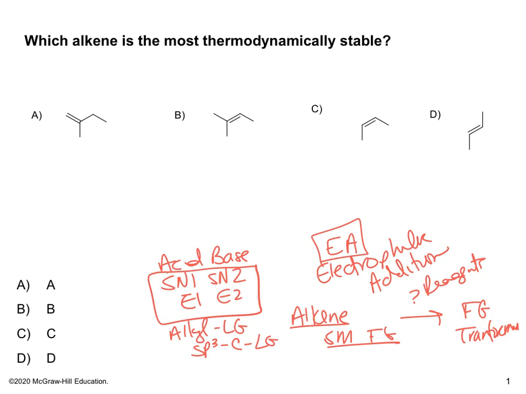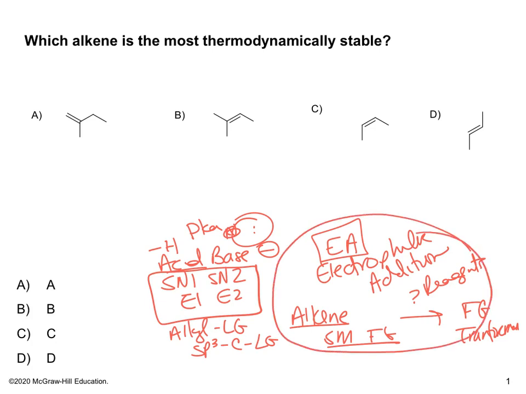Acid-base reactions, you have to have an acidic proton and then a base, which has to be either a lone pair or a negative charge for a strong base. And then you look at pK values. So these are so far the different reaction mechanisms and reaction type classifications you are expected to be able to draw the mechanisms and then predict products. And so now we're going to go with electrophilic addition, and you'll see that the starting materials are going to